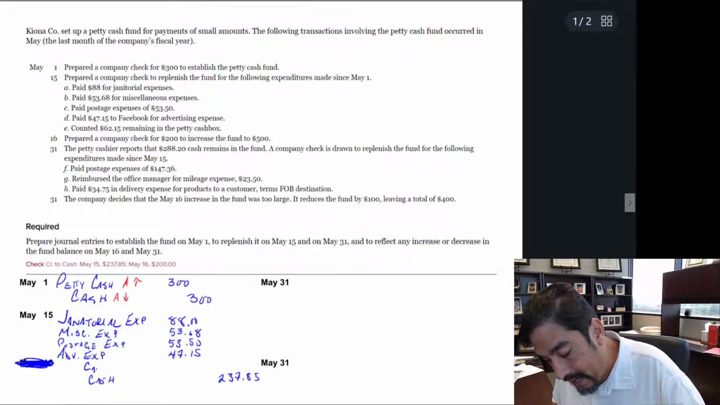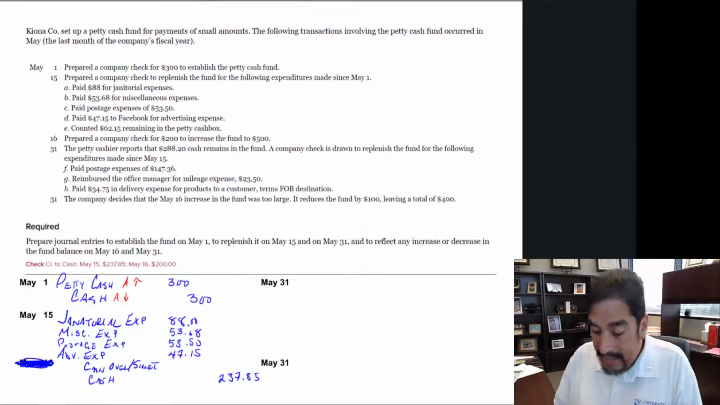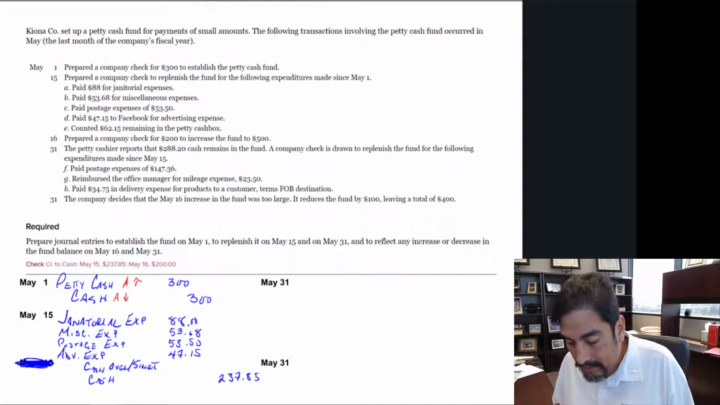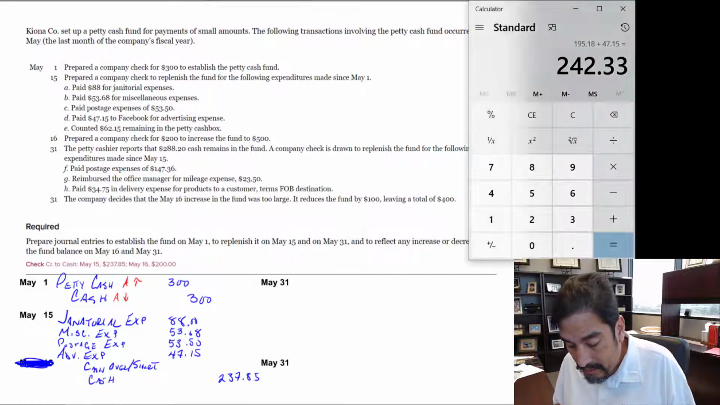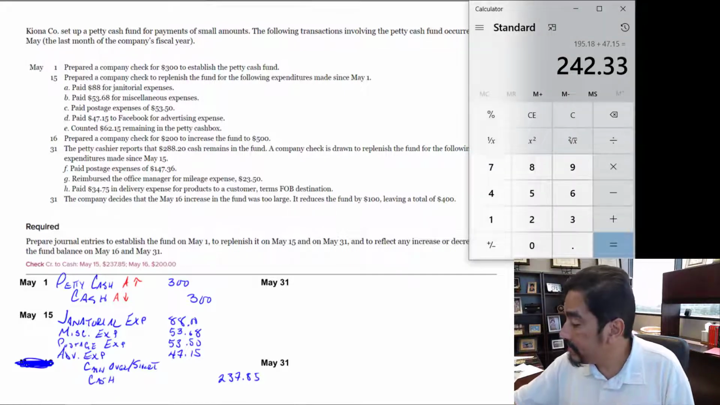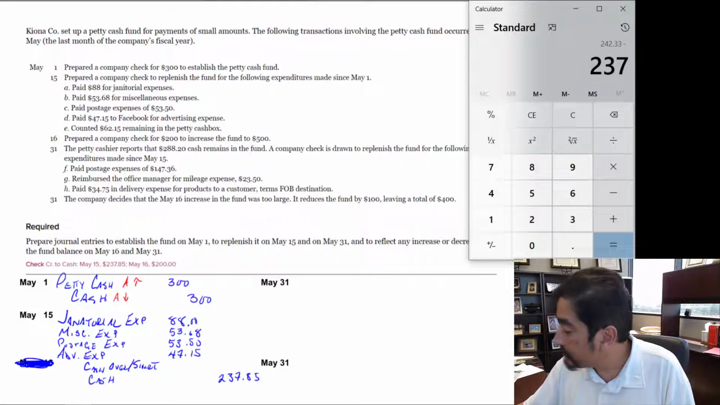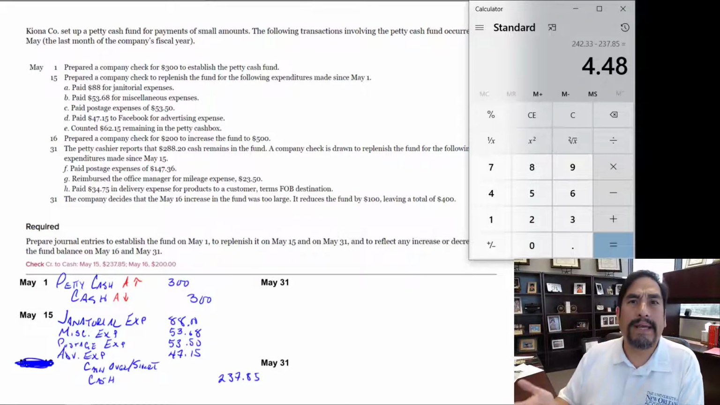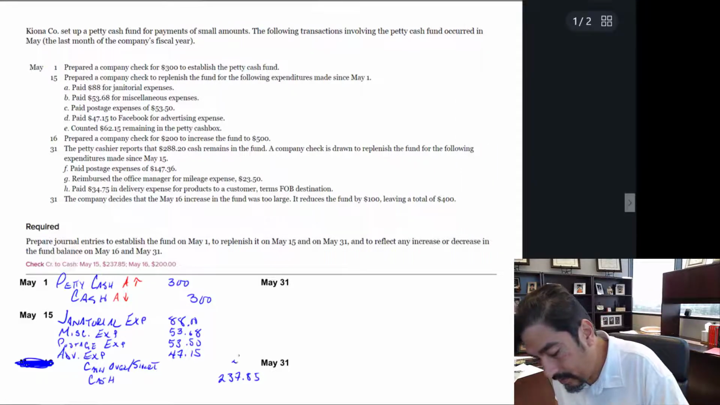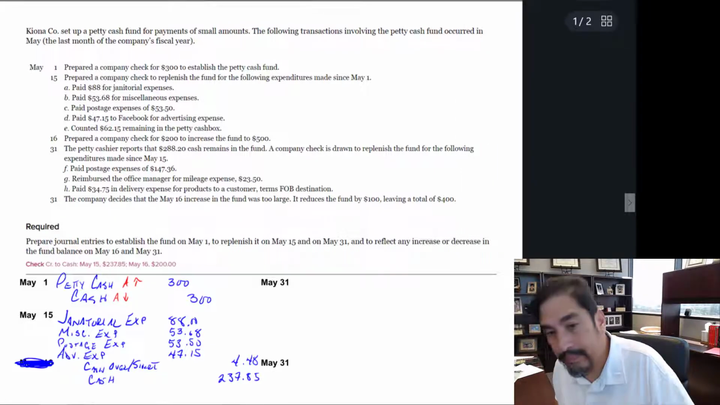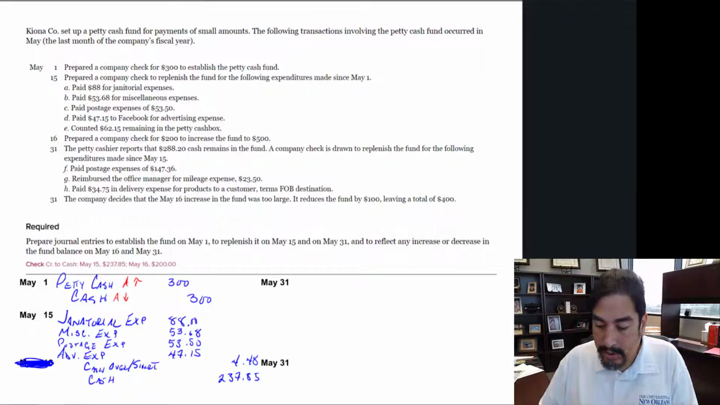This is going to be cash over short. And the amount is going to be the difference between that 242.33 and 237.85, and it's 4.48, which I calculated earlier. There we go. Journal entry is in balance and properly written. So next,